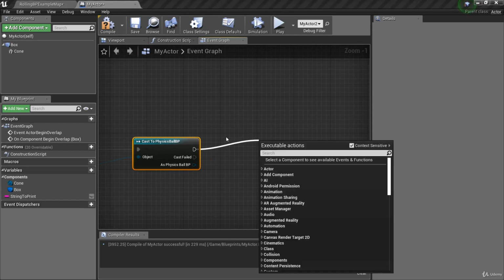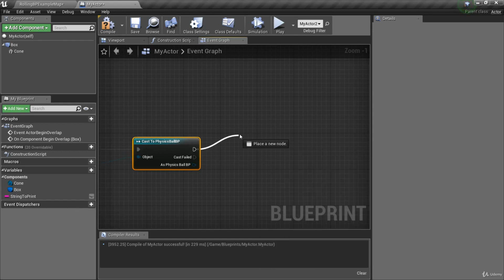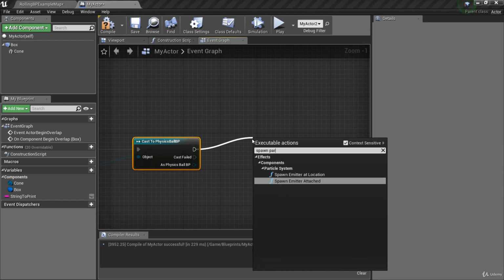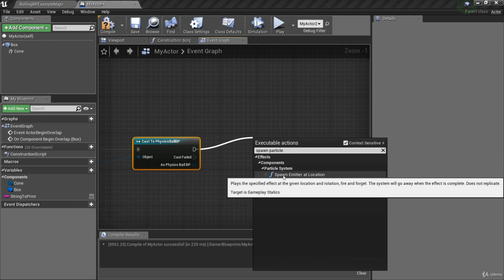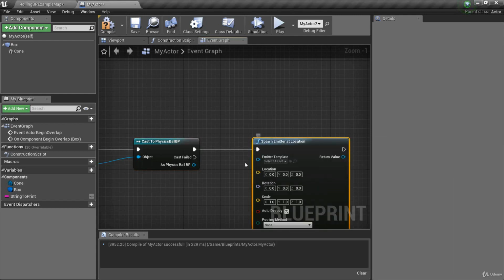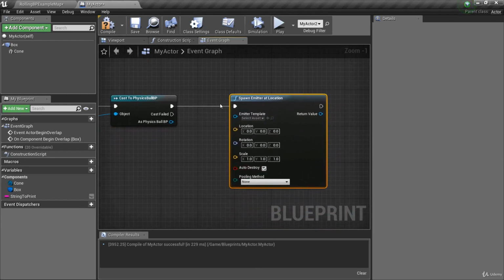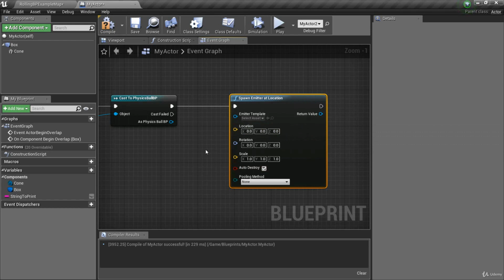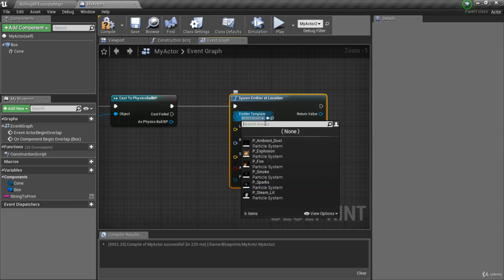And what are we going to do? Well, we're going to spawn a particle emitter. So type in spawn particle, and you'll see spawn emitter at location and spawn emitter attached. We're going to choose the spawn emitter at location function, and we get this nice big node that says spawn emitter at location. And you'll see here it says emitter template, and this has a drop down,